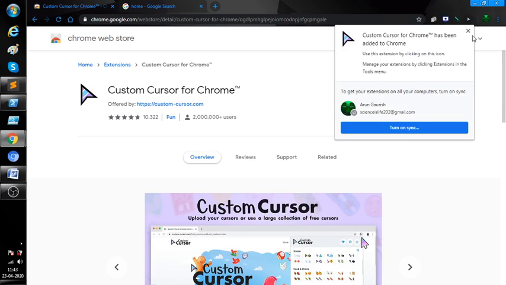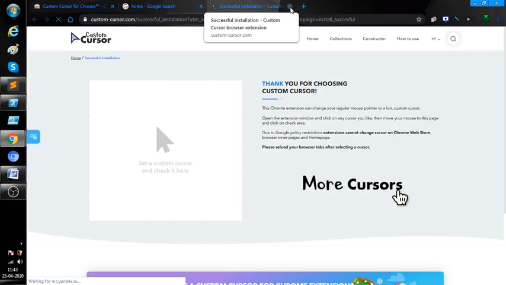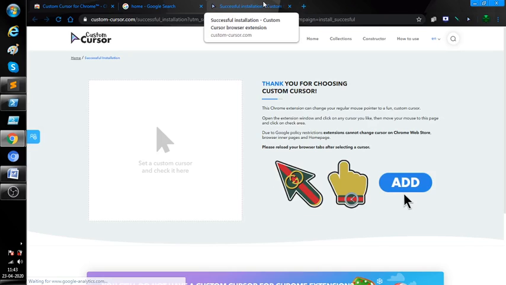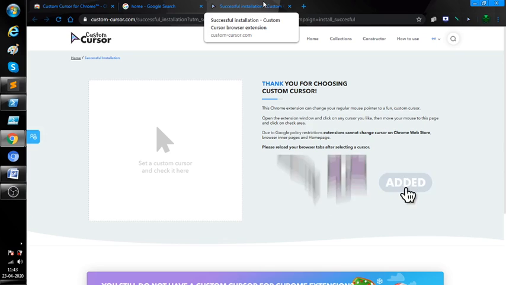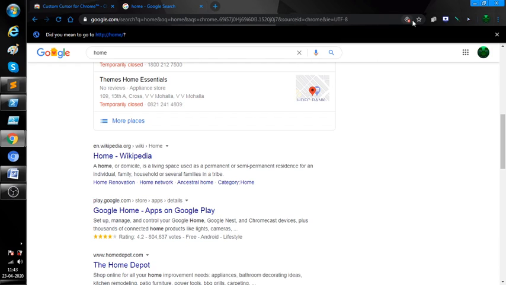Yeah, so it's finally been added, and this one, once you have it added to your Chrome, there's a new tab that pops up. It says thanks for choosing custom cursor. You can just close that. That will not be required.